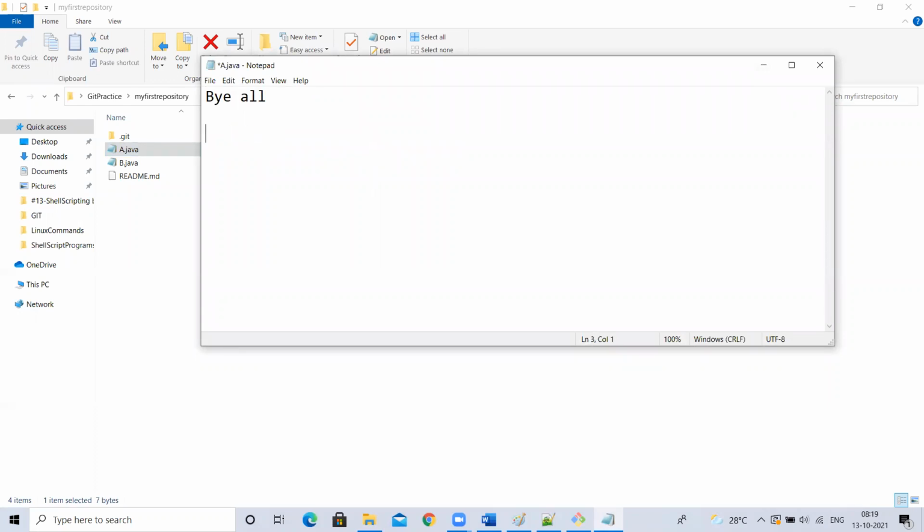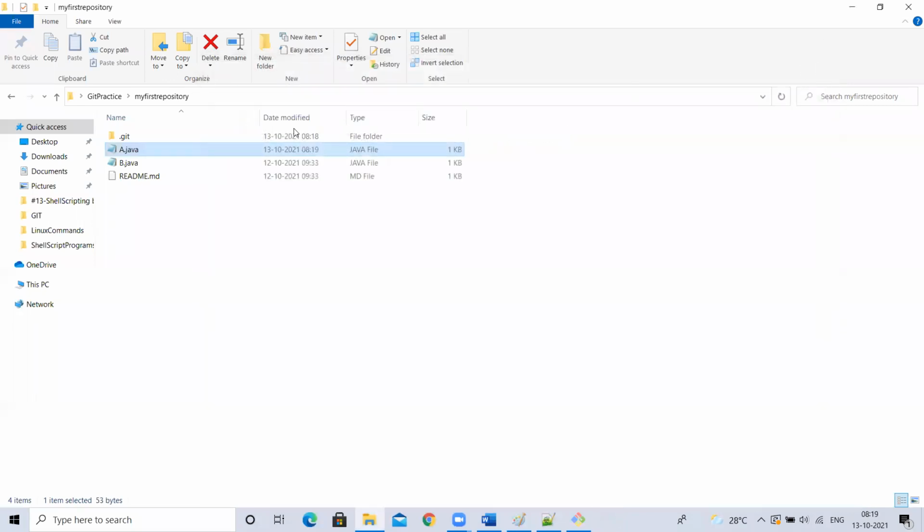Modified in develop branch and made commit. Okay, this is the text I want to add. I added just text. In real time, we'll write Java code, but just for our understanding purpose, I'm writing text. Java code, HTML, CSS, any code, if a file, it is a file. That's it. In GitHub, it doesn't mean that it should be a Java extension. It can be anything. It will track, either it is a text file, document, whatever it is, it will track.